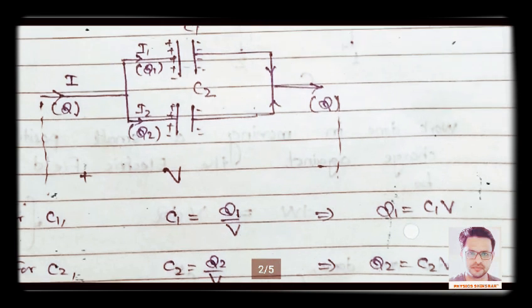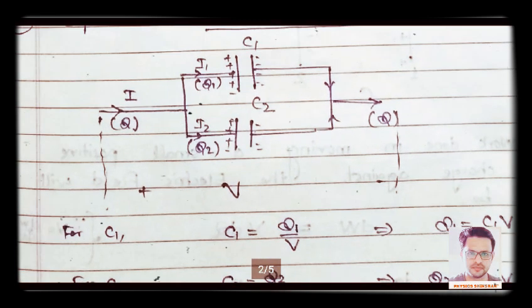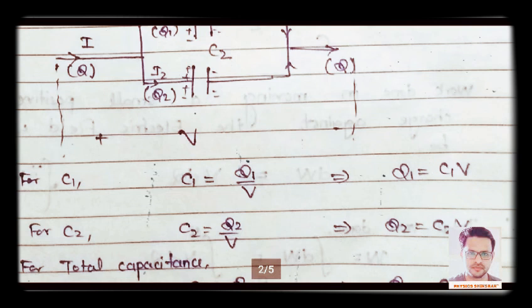So students, let's have a look at the C1 capacitor. We can get the value of C1 as Q1 by V. Why is it so? Because here you can see the charge is coming out of the battery, the total charge is q, but because of the parallel circuit, the current or charge gets two paths through which it can complete its circuit. So the charge will get divided, and some part of the charge will go through C1 and the other part will go through C2. That's why we can also say that the total q equals q1 plus q2.